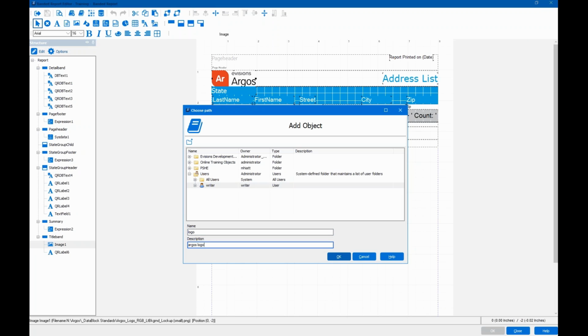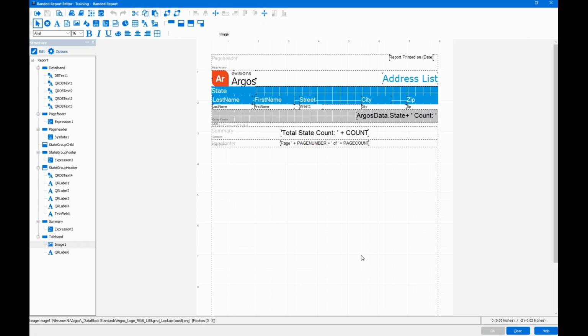and then we will click OK to add it. And that's all we need to do to add an object to the library of objects. So now, what if we want to add an object that has multiple objects, such as a band that has both our logo and our label. So we can also add bands by selecting the band that we want to add and